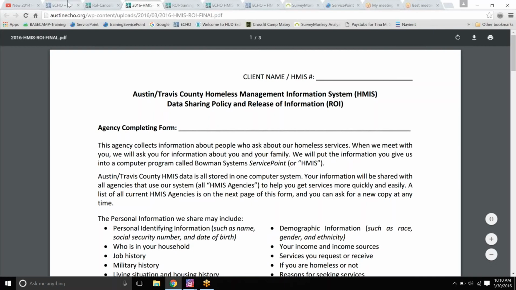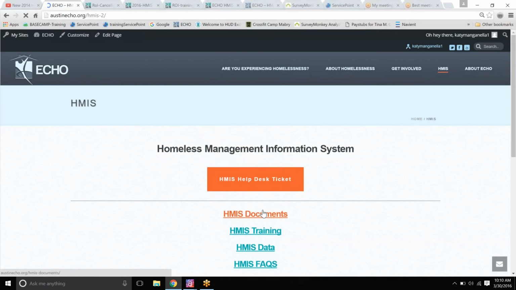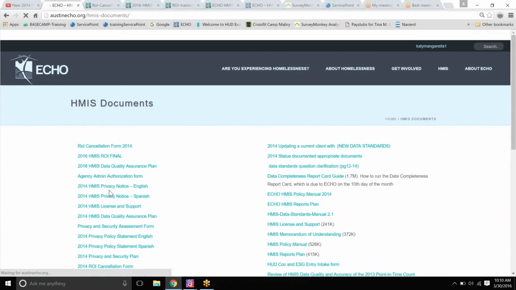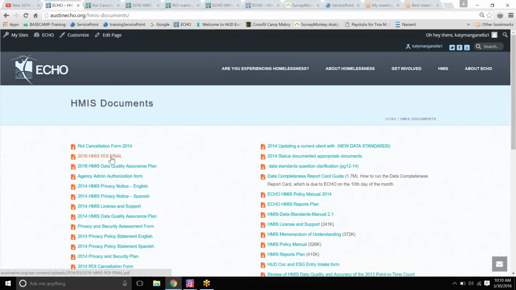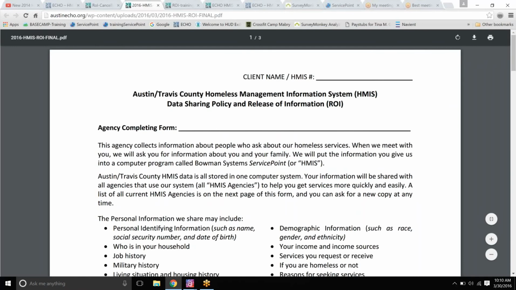So if you're looking at my screen and you are on the Echo website, click on HMIS, HMIS documents, and it's going to be that 2016 HMIS final ROI, and it'll pull up the new revised release of information. So go ahead and either make sure you have a copy of that pulled up on your computer, or you have a printed out version of that.